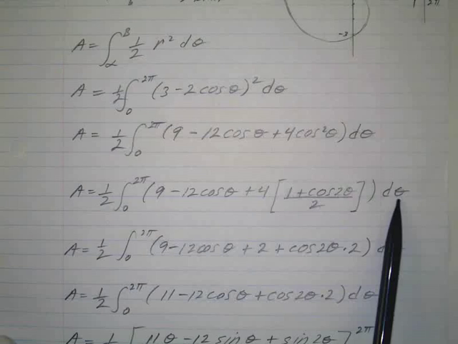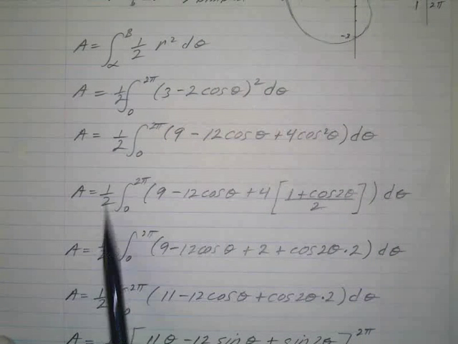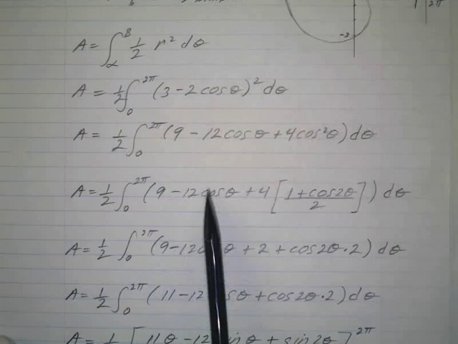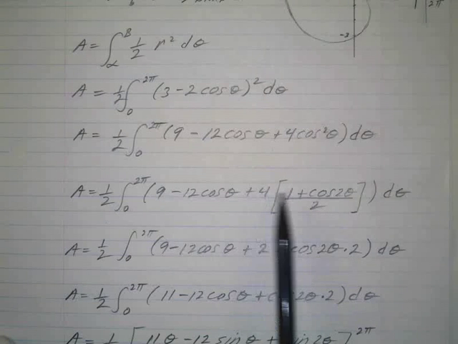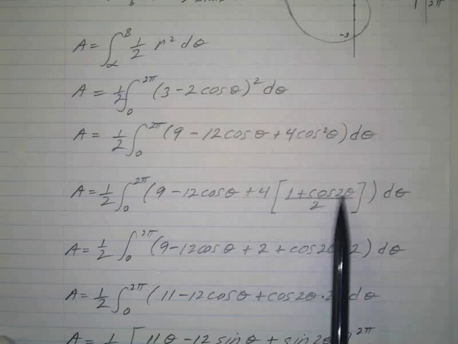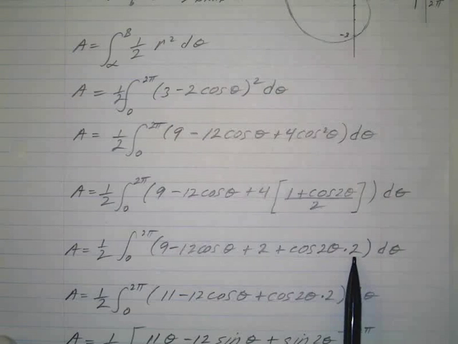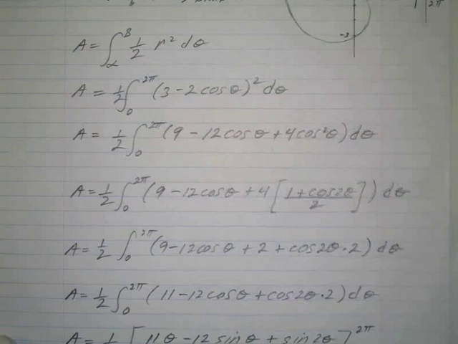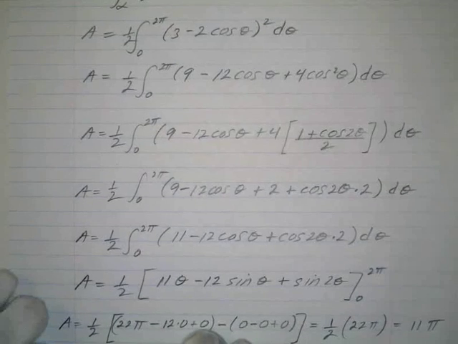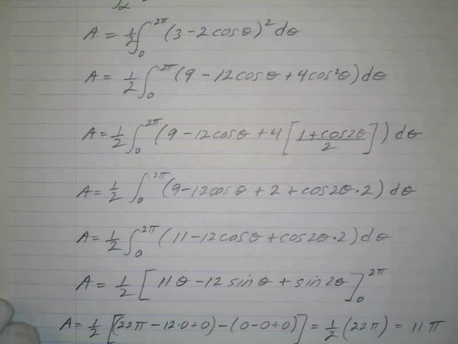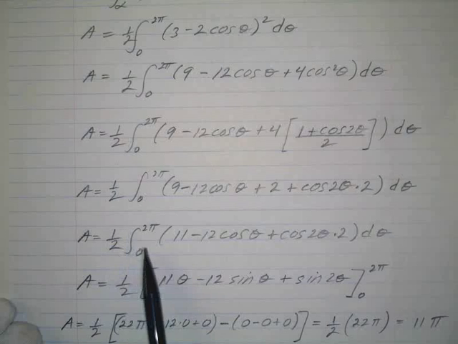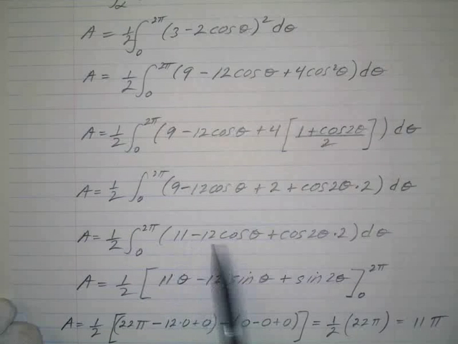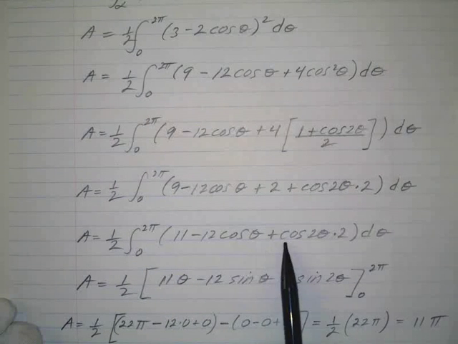Now this works out nice, because everything's the same in this next step, except when I multiply, 2 goes into 4 twice, so I got 2 times 1 is 2, and then I got 2 times the cosine 2 theta. I'm going to put that 2 in the back, so I can use that for my u substitution, my chain rule part. Okay? And then all I do is combine my 9 and 2, got 11, just to make it a little bit easier. So I got 1/2, the integral from 0 to 2 pi of 11 minus 12 cosine of theta minus